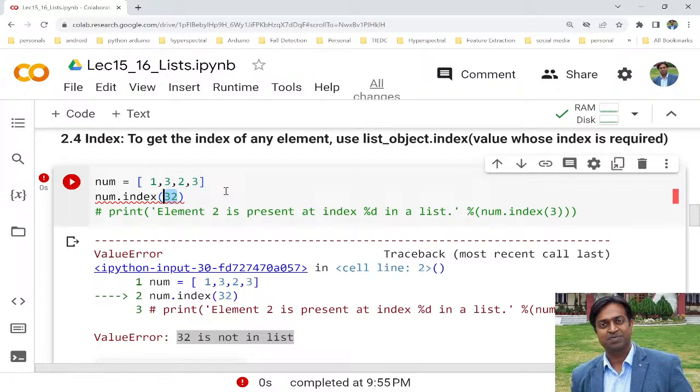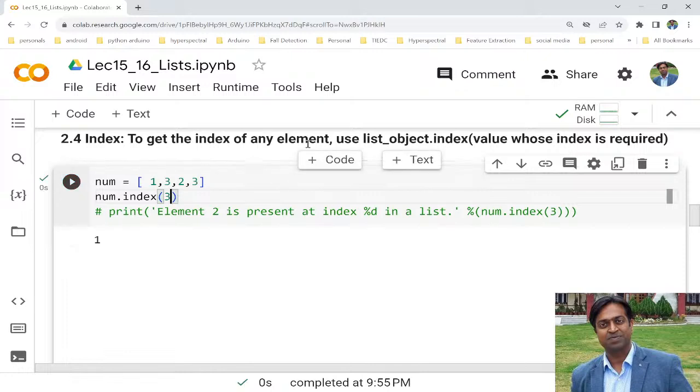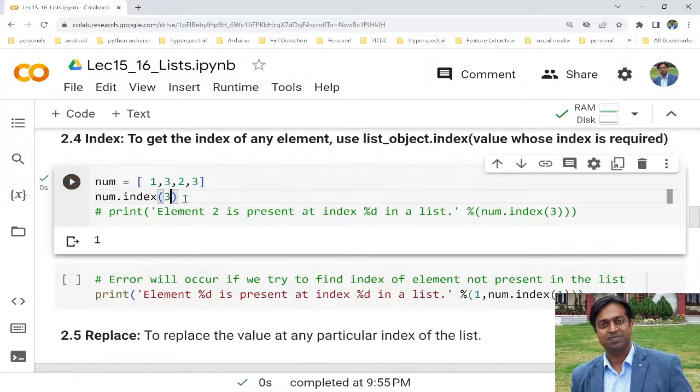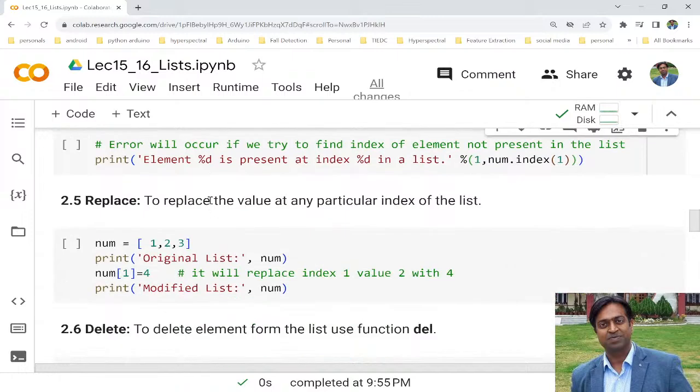And we need to be sure that we will use this particular function only if the element is present in the list, right? So this is about the index function, with the help of which we can determine what is the index value of the particular element, right? Now over here,